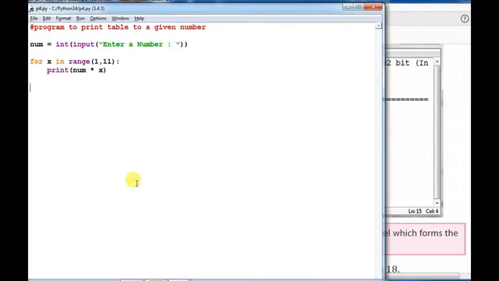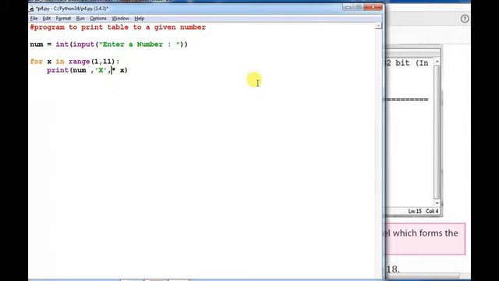So what we have to do: the value of num we will take, and then comma, plus the multiply symbol. You can use X here, capital X I am using. If the value is written in single or double quotation, that will print as it is.